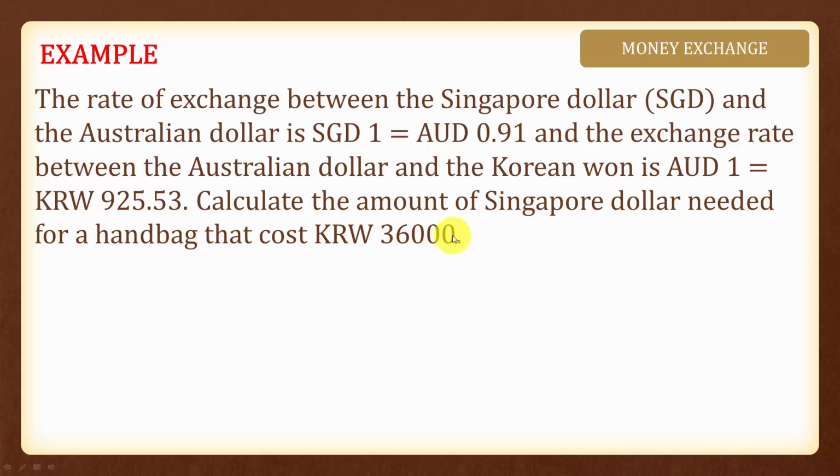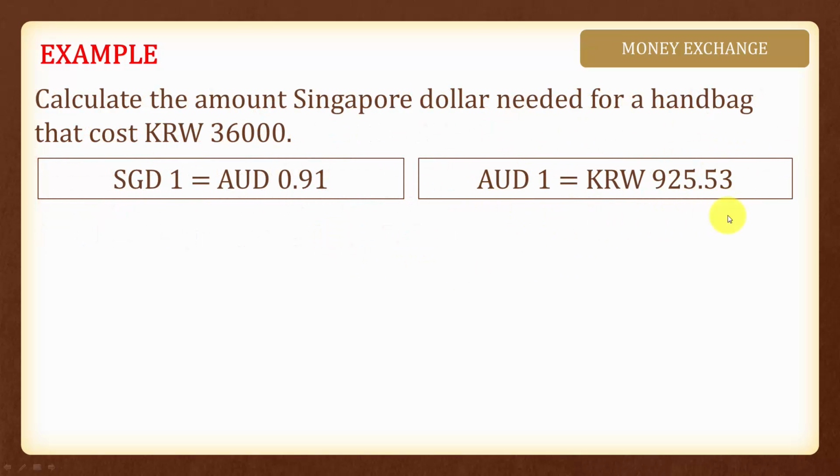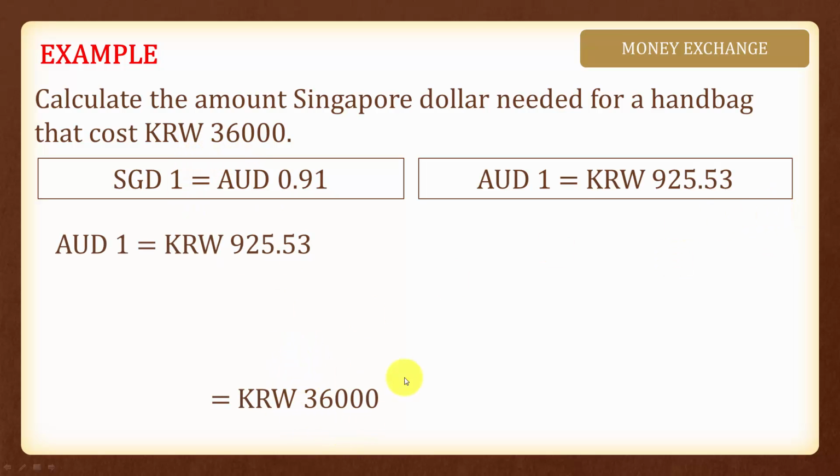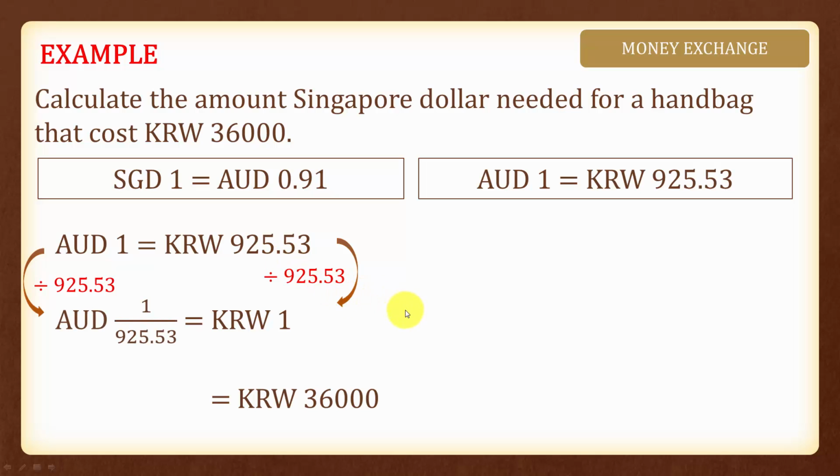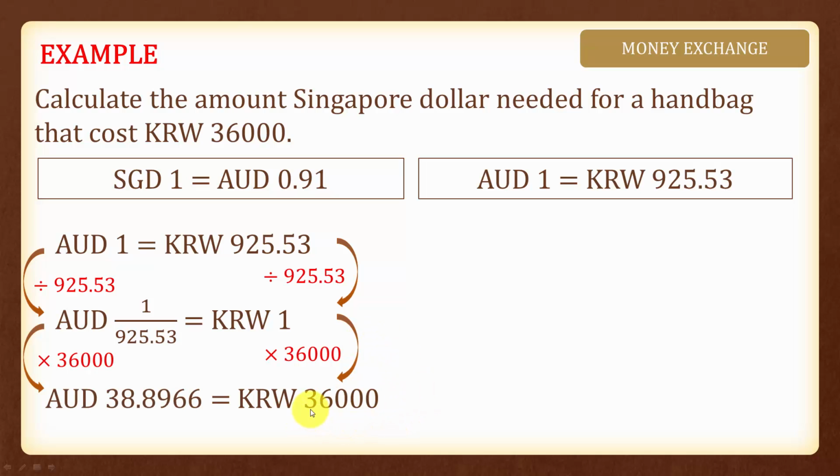So, for the Korean won, we have the exchange rate with the Australian dollar, and therefore we will use these exchange rates here. Now, the handbag costs 36,000 Korean won, and we are asked to find how many Australian dollars this is. So let's first find 1 Korean won by dividing both sides by 925.53. And this will give us the amount of Australian dollars for 1 Korean won. To find 36,000 Korean won, we will multiply both sides by 36,000. And 36,000 Korean won is equal to